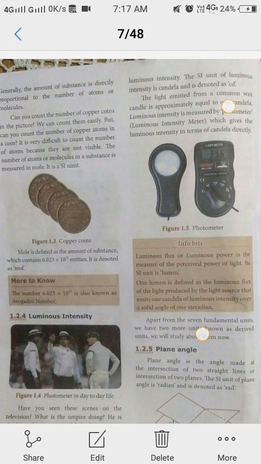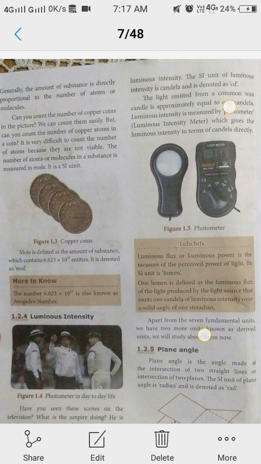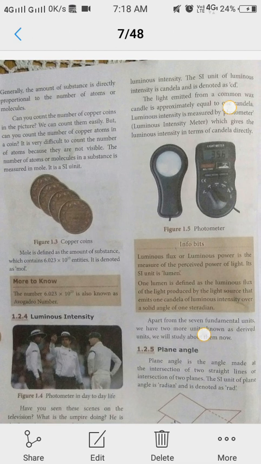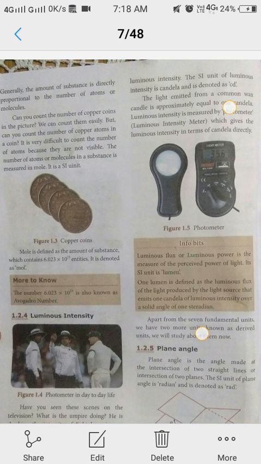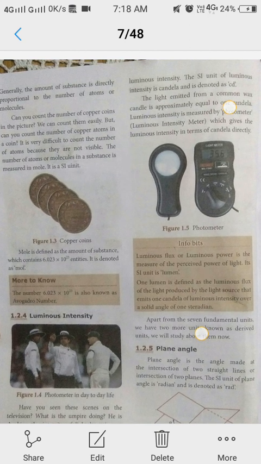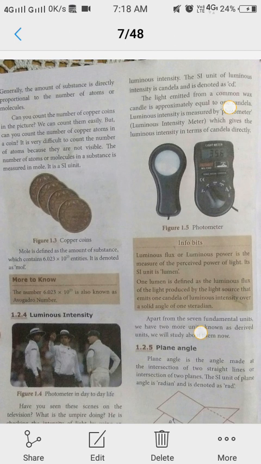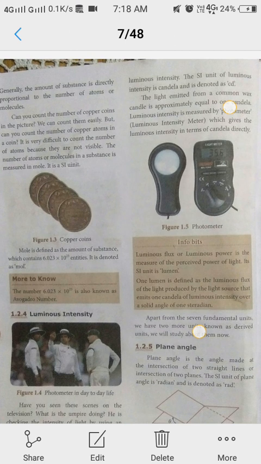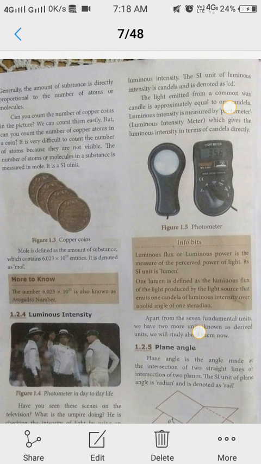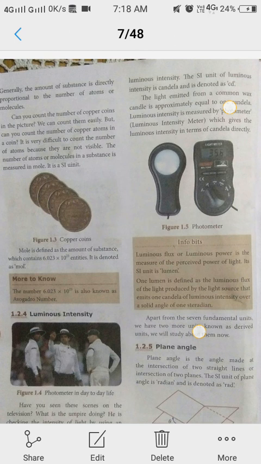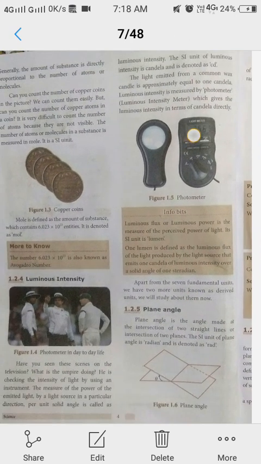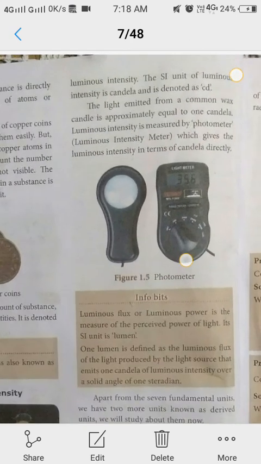Why does the umpire have to measure the intensity of the light? Because when a batsman hits a ball so high, when we hit a 6 during day and night time matches, especially in night time match, we are shown to repeat the 6. In order to see the ball clearly, the intensity of the light must be high. So before starting the match, the umpire checks the intensity of the light. Then what is the SI unit of luminous intensity? The SI unit of luminous intensity is candela.